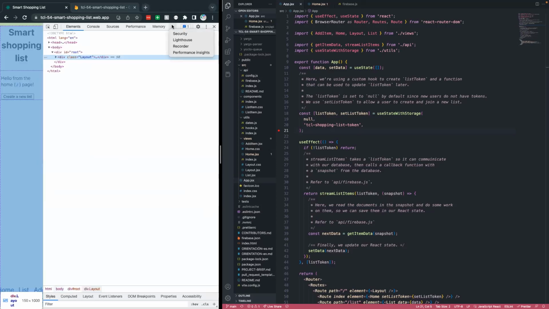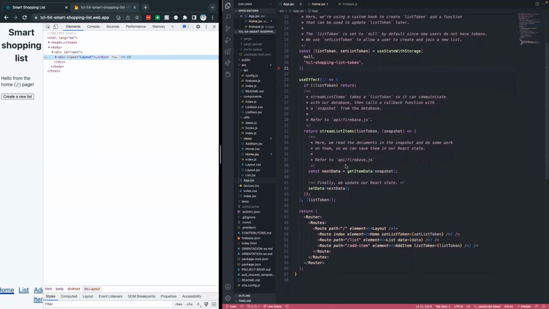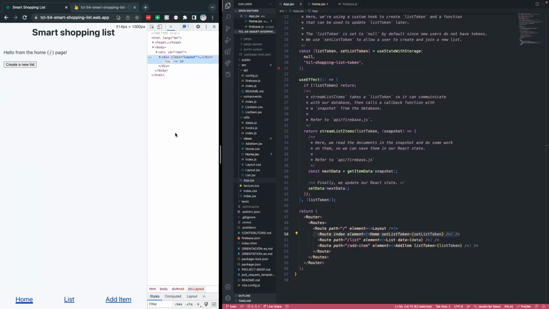Could you scroll down on app, Sarah, just a little bit? Yeah, so in line 51, or sorry, line 50, we passed in the setlist token useState variable so that we're able to manipulate that from the home component. And so when you create a new list and hit that button,